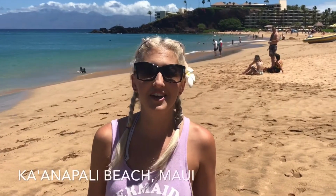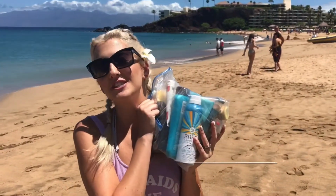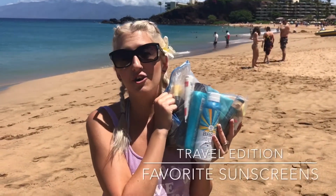Ashley Elizabeth here with AEHM Artistry, and today I'm on the world famous Ka'anapali Beach on the island of Maui. You can see Black Rock in the distance, but today's film is really quickly going to be about my favorite sunscreens to travel with. So jump on in with me, the water is fine, and I'll tell you what my